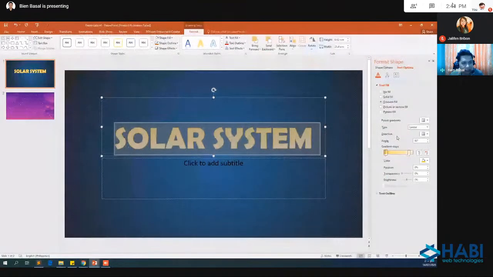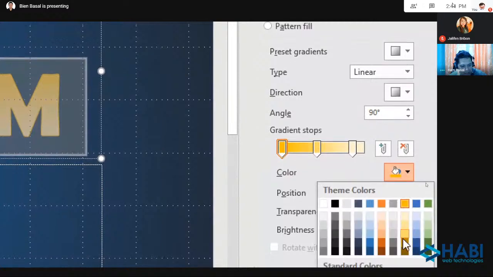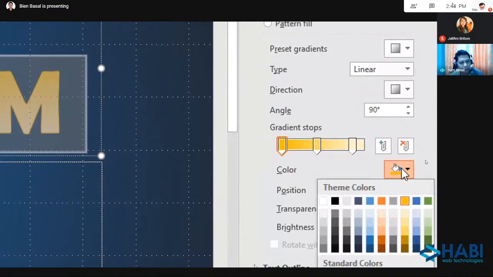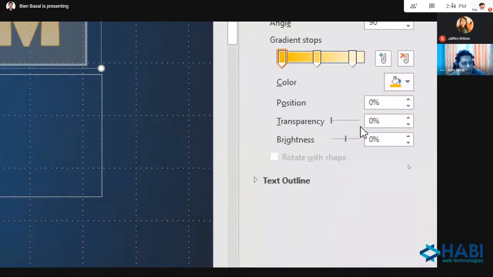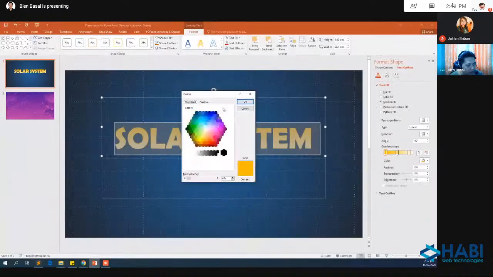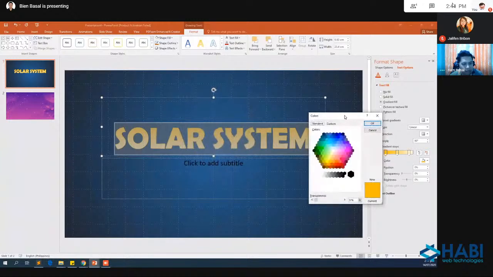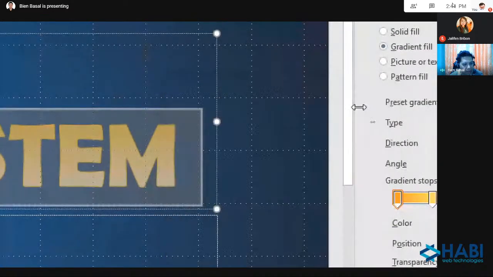I will select more gradients, and here in the right panel, I will change the shade. I will use maybe orange and yellow. I select more colors, and I will select maybe a lighter orange. Click OK.